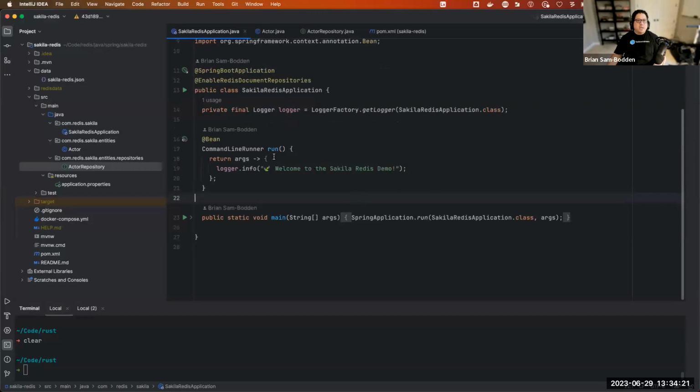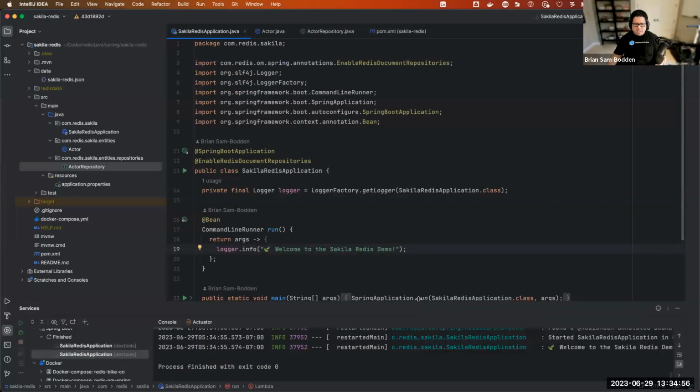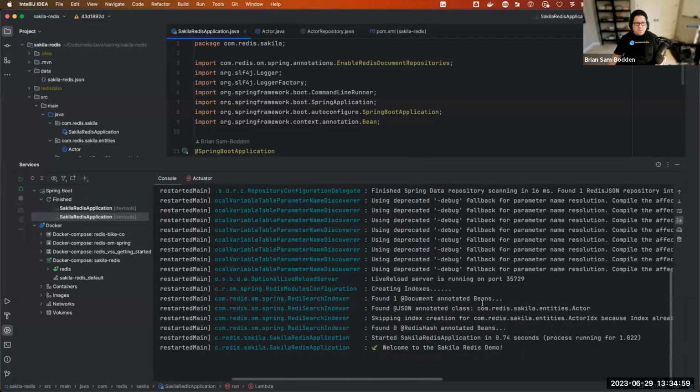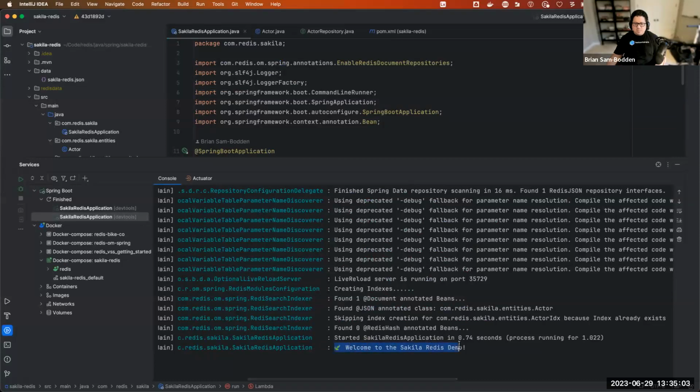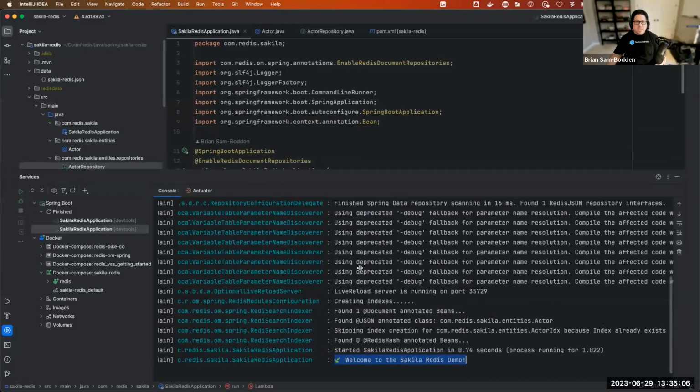If you're not familiar with Spring Boot command line runners, it's a bean annotated method that returns a CommandLineRunner. When the application starts, Spring will detect the command line runner methods and run them. In here, we have a command line runner that takes this lambda argument, and inside of that, we're using the logger we just added to say, welcome to the Sakila Redis demo. We should be able to run that. And you can see that the application ran here below, and here is our welcome to the Sakila Redis demo message. All right, so now that we are cooking with fire,